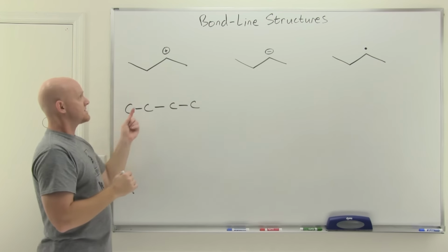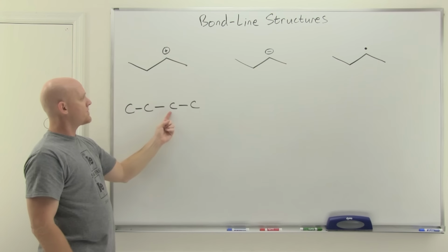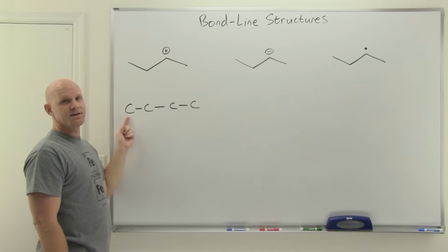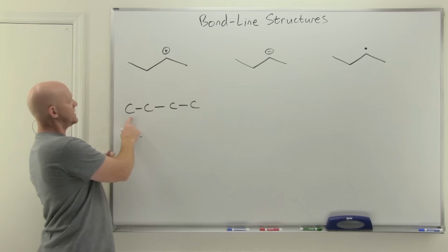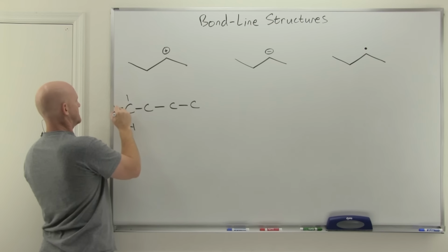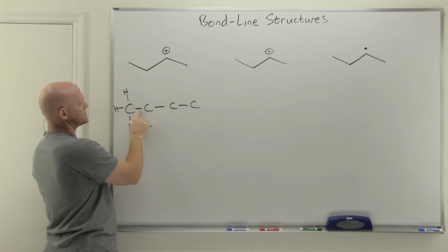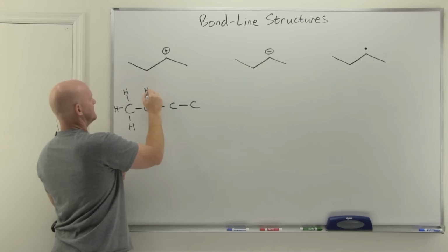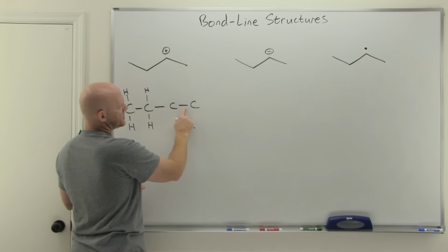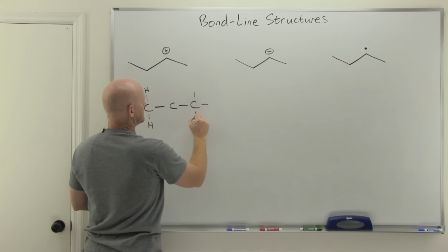So, in this case, the only one that's got a formal charge is this carbon right here. So we'll worry about him last, but for the rest of these, we just need to add enough hydrogens in to get them filled octets. So this carbon here only has 1 bond showing, so we have to draw in 3 hydrogens. This carbon right here has only got 2 bonds showing, so we've got to draw in 2 hydrogens. And the carbon on the right has only got 1 bond showing, so we've got to draw in